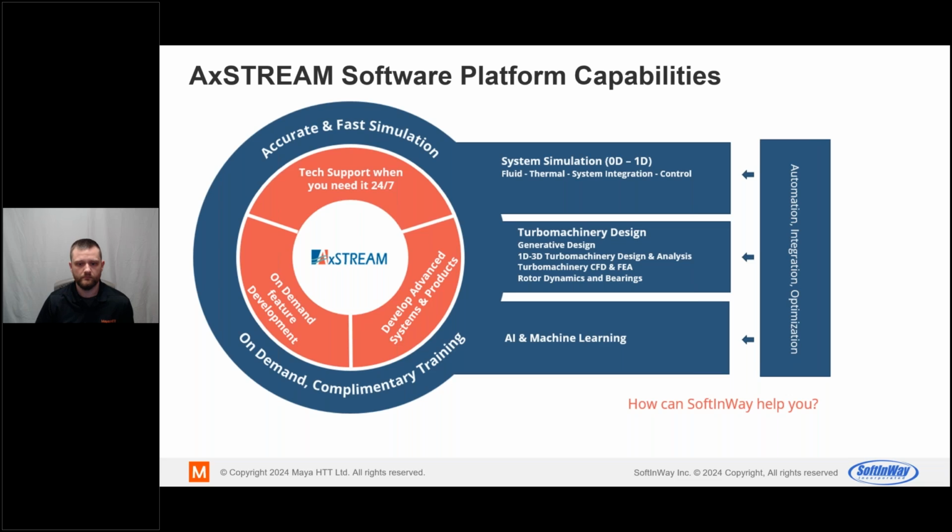But we also can go beyond that with system simulation from the 0D to the 1D level, so we can create all kinds of thermodynamic cycles and systems with a different package. And we have some AI and machine learning products, as I mentioned already, to combine the various systems and component design aspects.